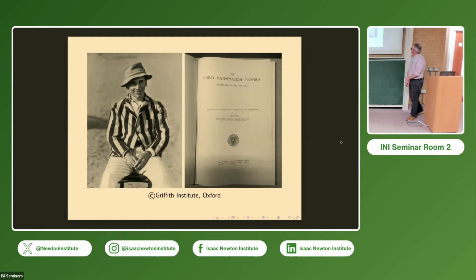The attitude seemed to be that they're quite happy that somebody is looking at ancient Egyptian mathematics. They're just glad it's not them. So it's sort of adding into the picture from the sides, if you like.